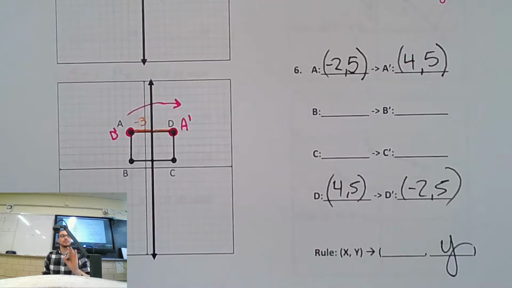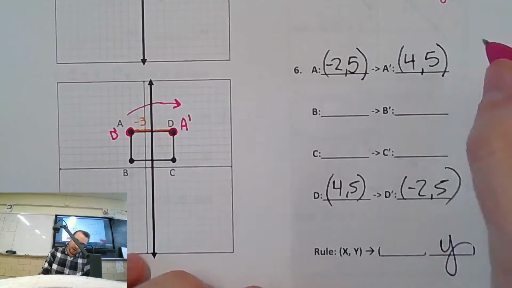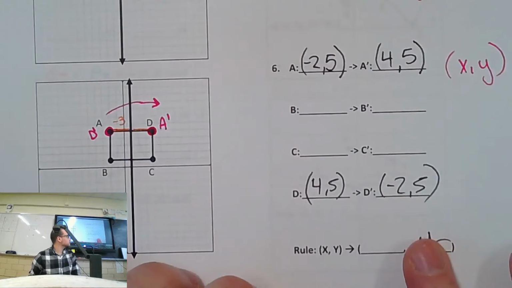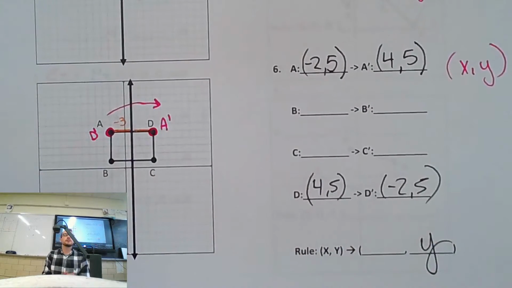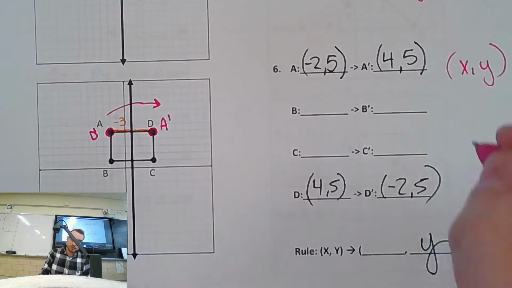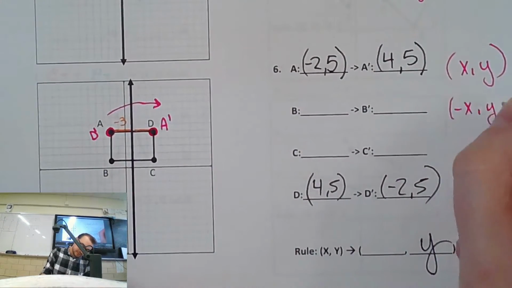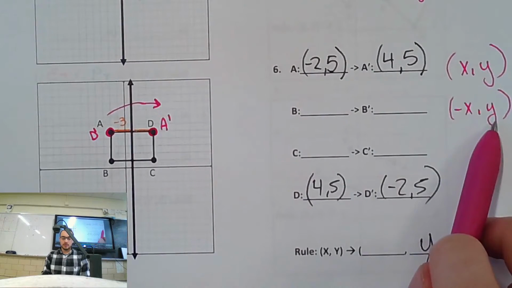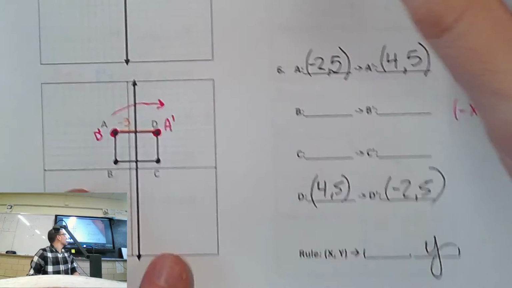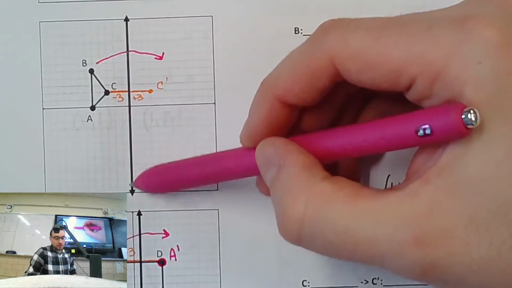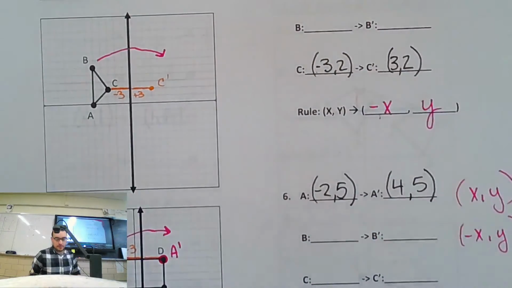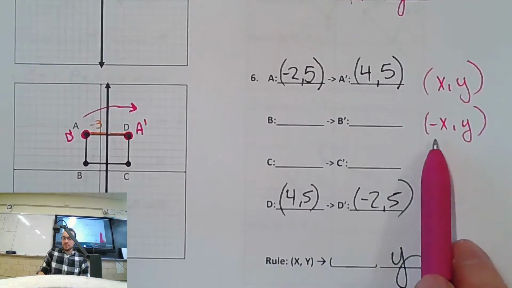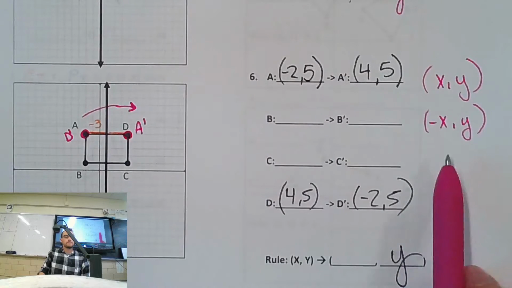So here's what's happening. We start out with our regular coordinates, right? X, y. What kind of a flip are we doing? Horizontal or vertical? Horizontal, which means we're going to change the x. Cool? Now, this assumes we're flipping over the y-axis, like we were on number 5. Like this one, see how the line of reflection is the y-axis? Makes it nice and easy. This one's a little off-center. So it's not going to be this for the rule, but it's going to be something like that.